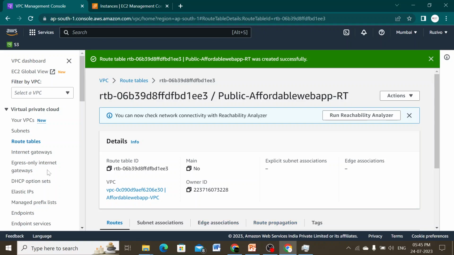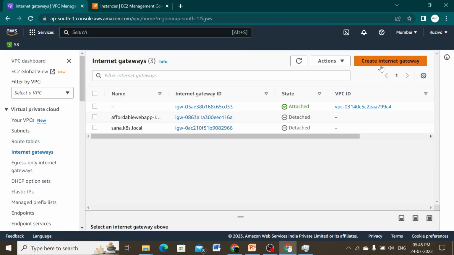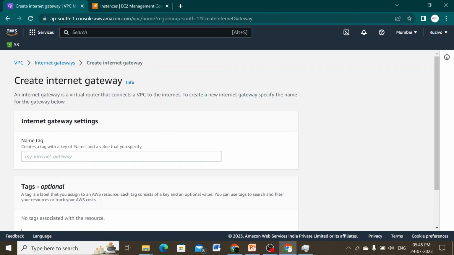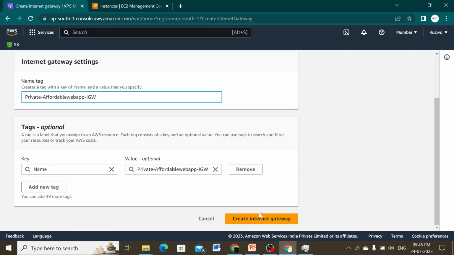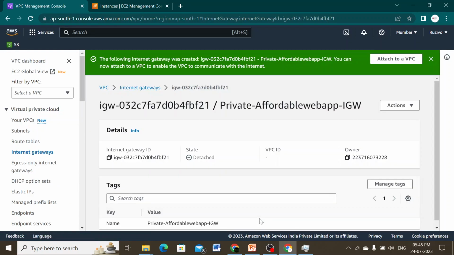So once we have created both the route tables, now we have to give internet gateway. So we just have to click on internet gateway, then we select create an internet gateway, IGW, that's the internet gateway I'm going to create. It has been created,